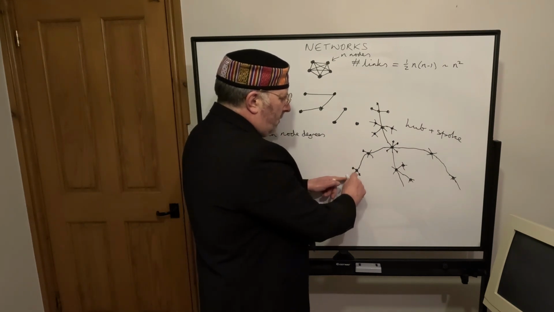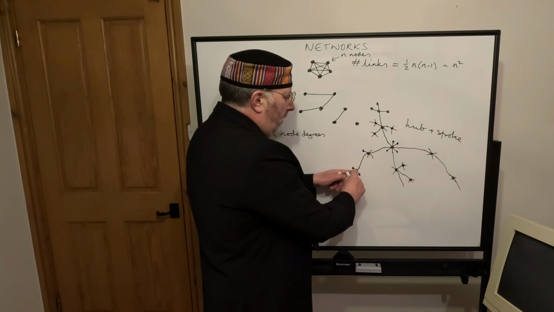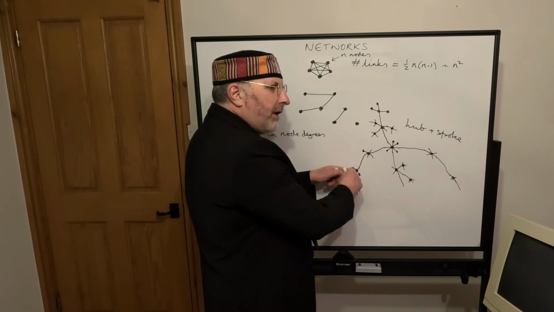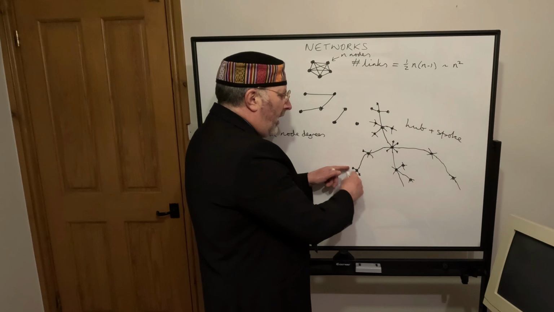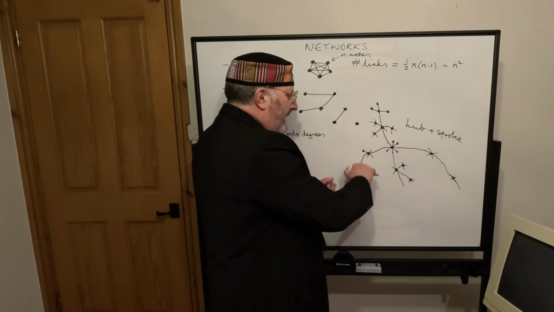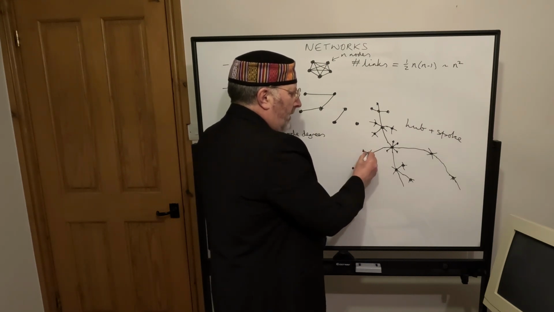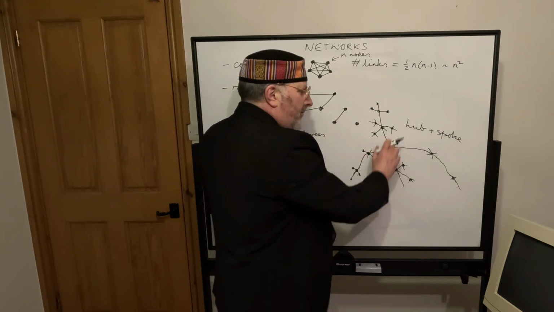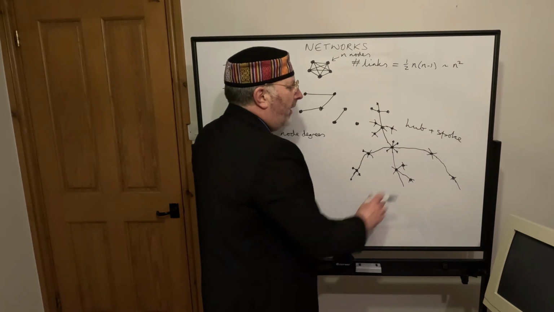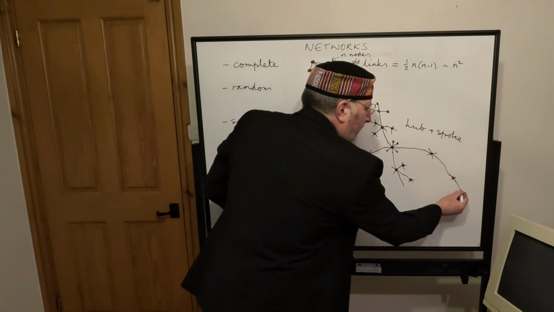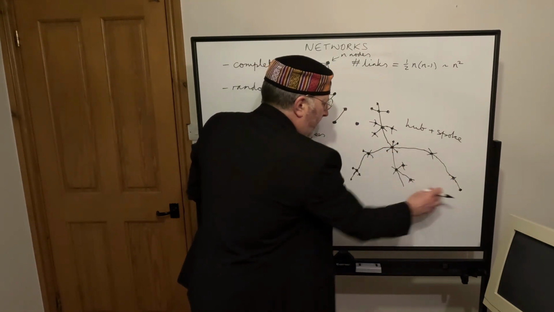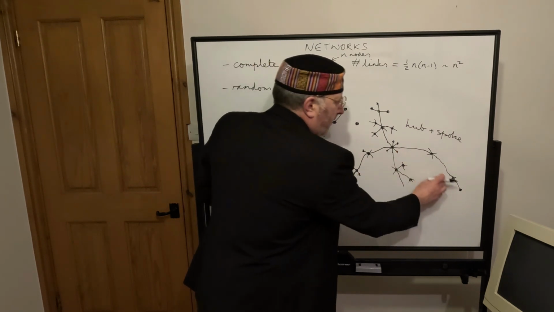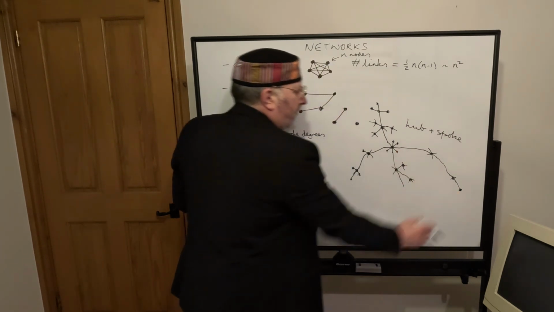They are connected to some other nodes, and one of the ones they'll be connected to is a more important node that has a higher degree, is more of a hub, and then that will have links to even bigger hubs, and those will have links to even bigger hubs, the top level hubs, and then you go back down. So if you're trying to get from here to here, you go up through a series of hubs and then back down through a series of hubs until you find